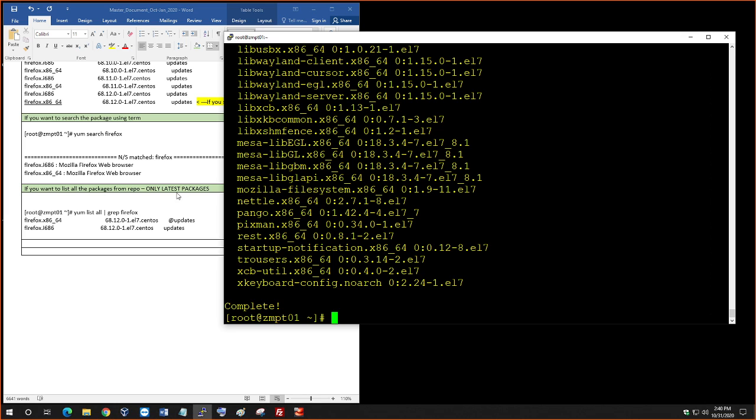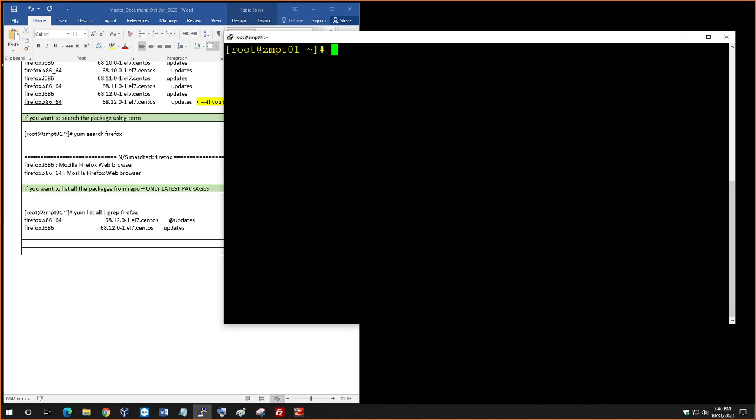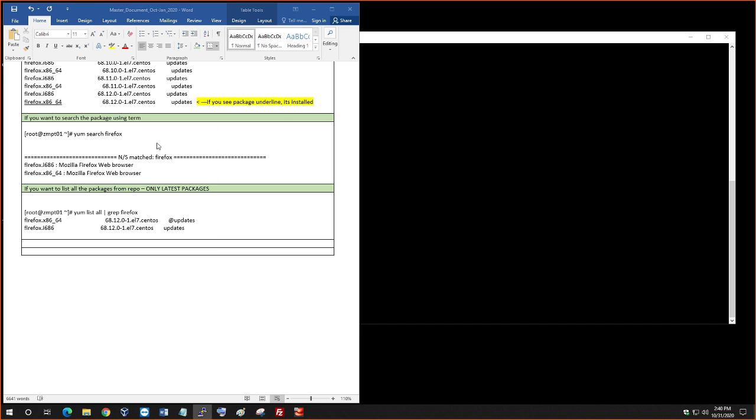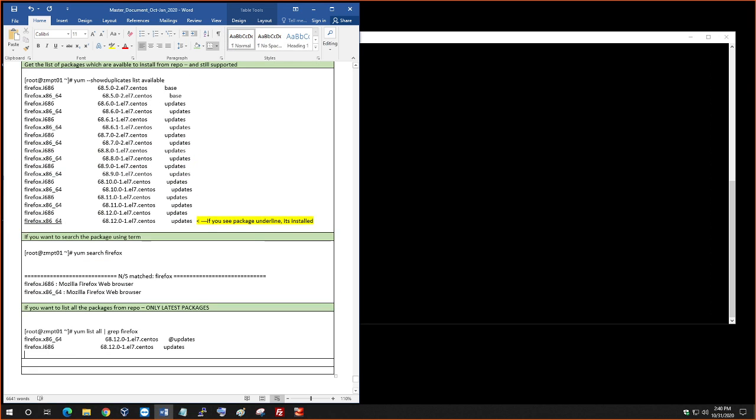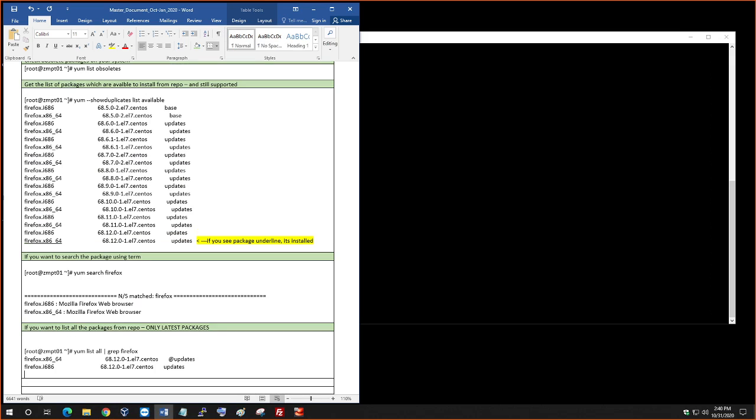So what I'm going to do is clear here and let's download Firefox locally here. Okay, so yum